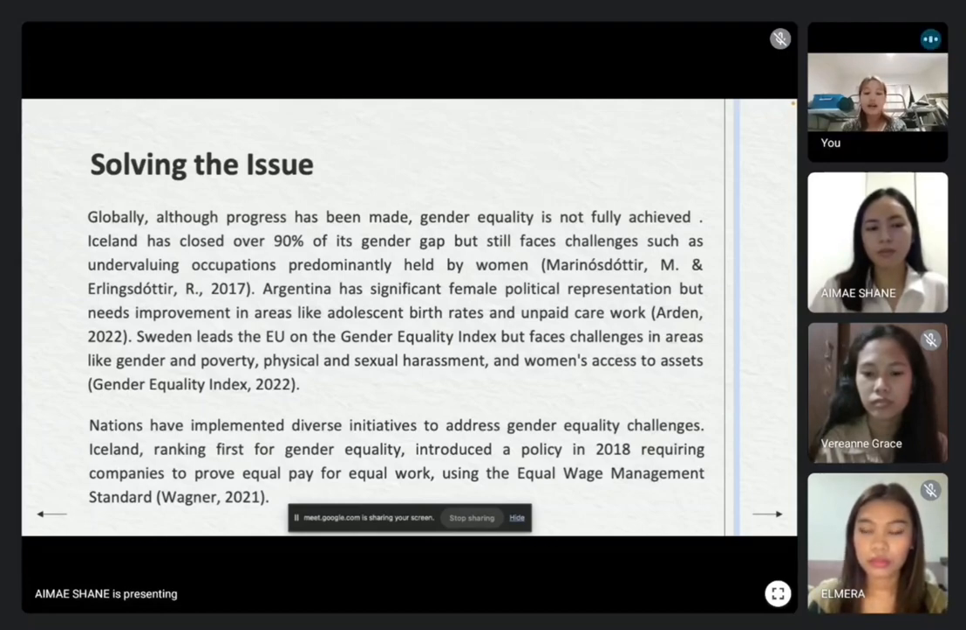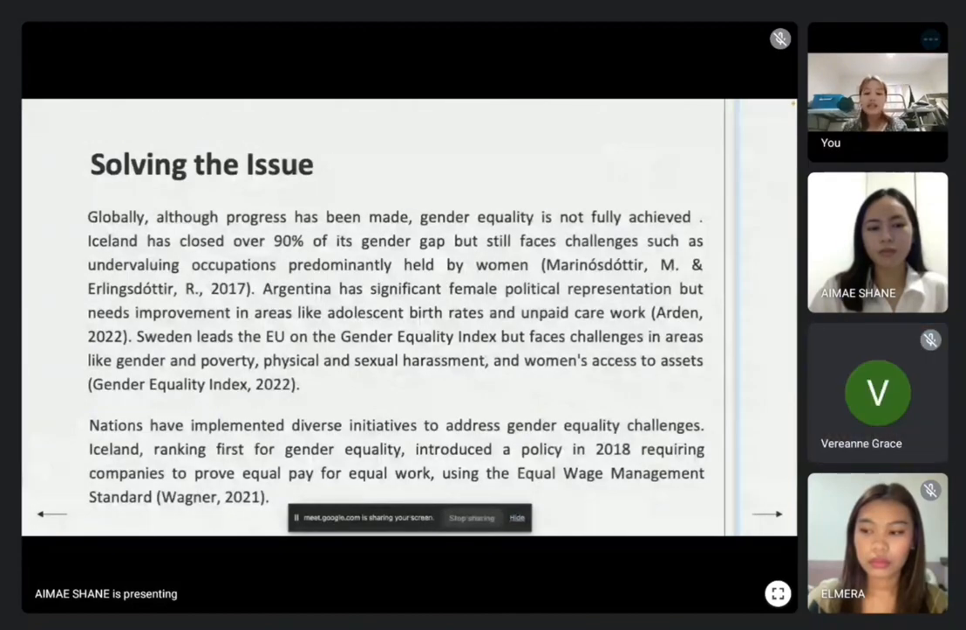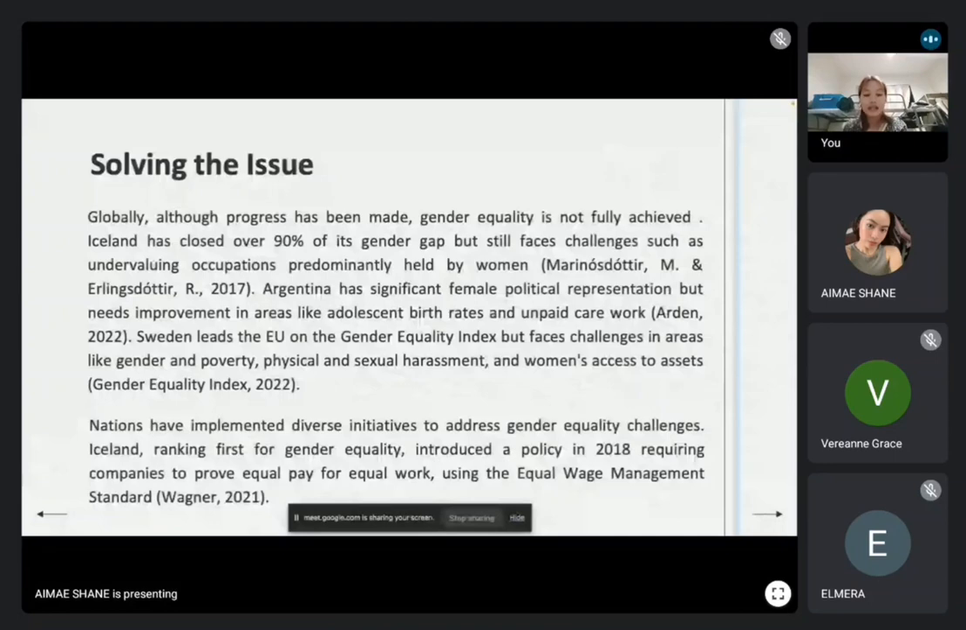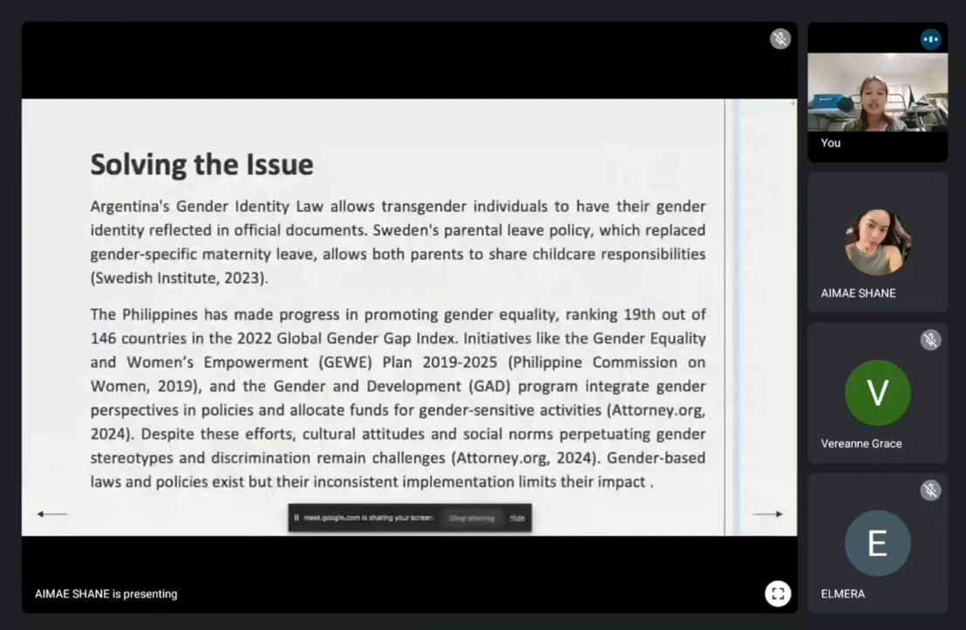Argentina has made legislative strides, but social challenges still remain. Sweden is a leader in gender equality, but still battles gender-based violence. In the Philippines, enforcement of gender-based laws is inconsistent and cultural attitudes continue to perpetuate inequality. In conclusion, while significant progress has been made, achieving full gender equality requires continuous effort and cultural change. For the next reporter,